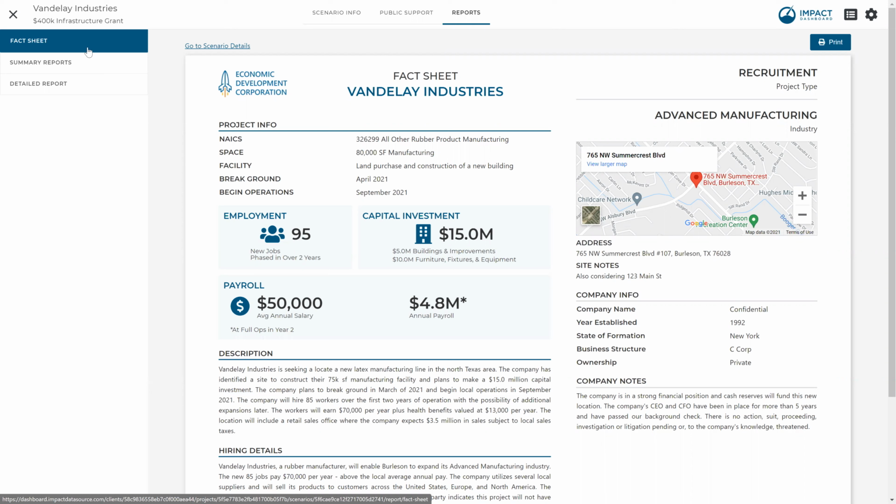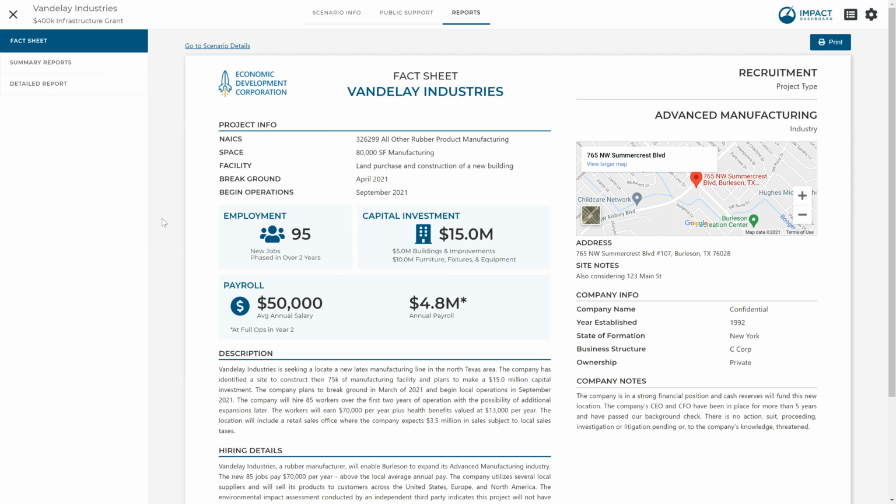So as we're here on the reports page, the very first report that we see in our list up here in the upper left-hand corner, we have a fact sheet. And the fact sheet report is really, you can think of it as a cover page describing what's going on with this project. So we want to summarize all of the basic information that we have about the project. And then we can also include descriptions or other text details about the project. So this is just a nice cover page where we can repeat back the basic